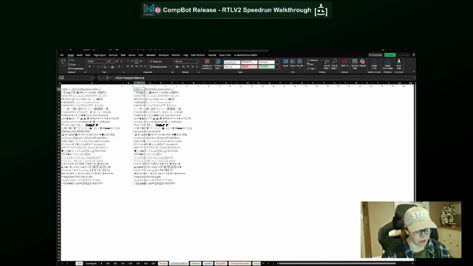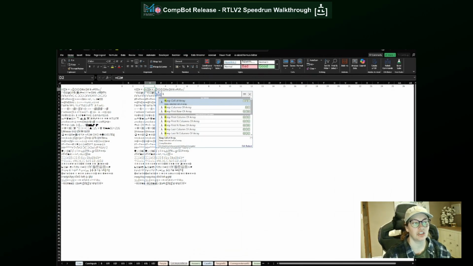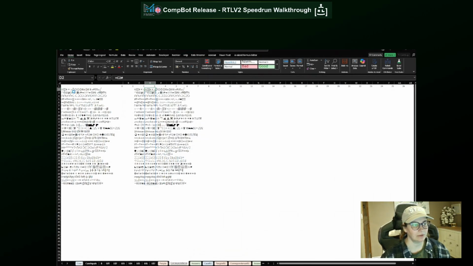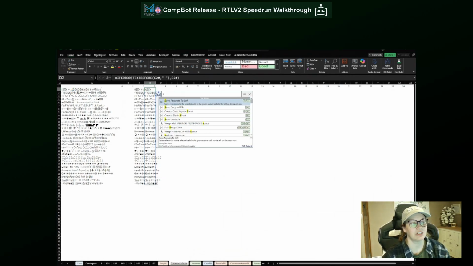So if I do a Ctrl-Shift-R, that gives me a fresh array to work from. And I'm going to keep everything to the left of the space. So I'm going to wrap it with an IFERROR TEXTBEFORE space command. And that gives me all the words. I'm then going to split by character,